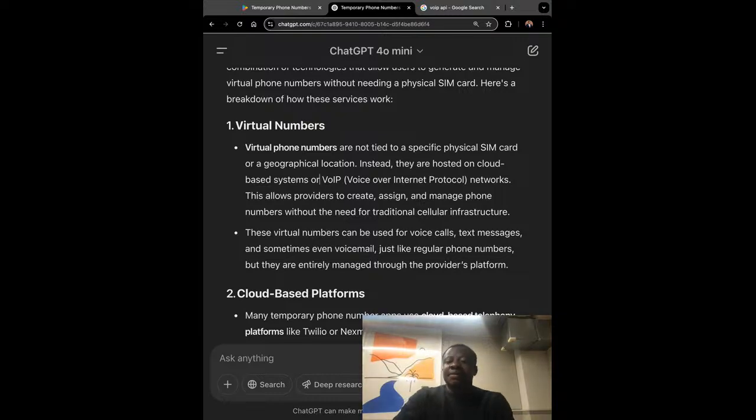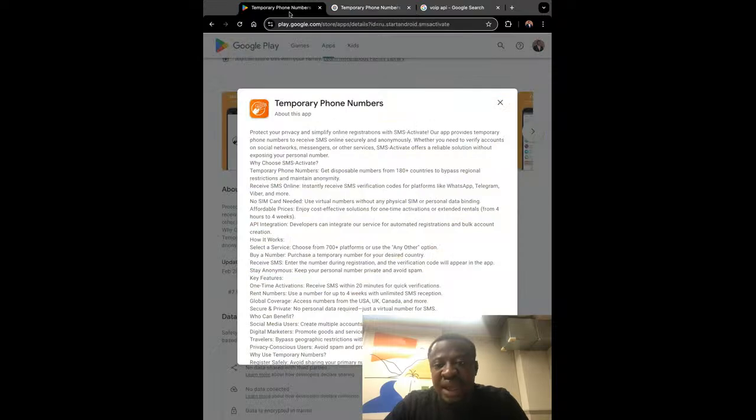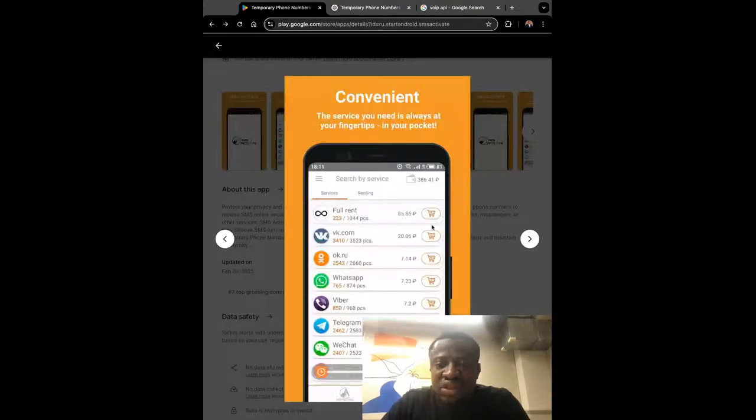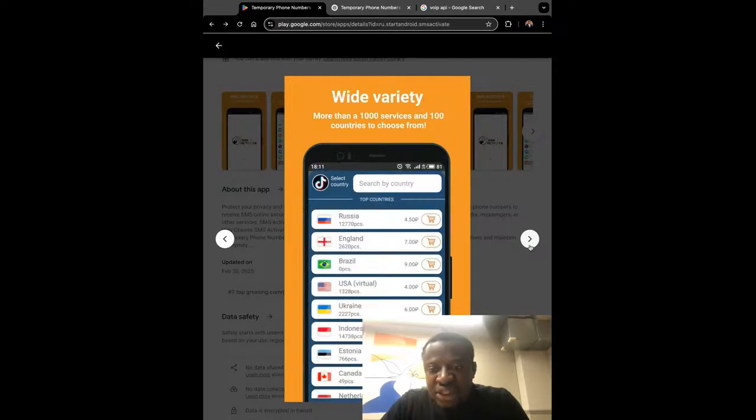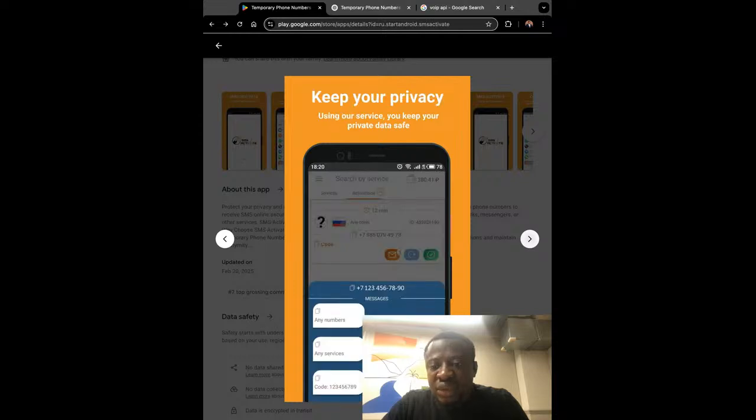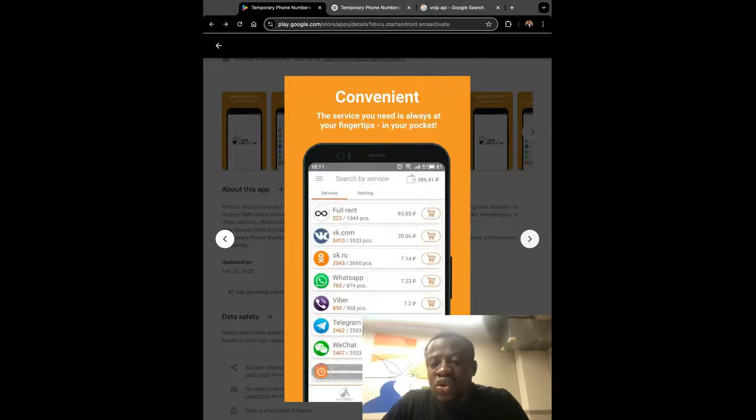For our demo app, we're not going to be building the full thing, because if you come to this app, I'm sure there are limitations. For example, I know that WhatsApp will not allow you to use VoIP phone numbers to create an account.